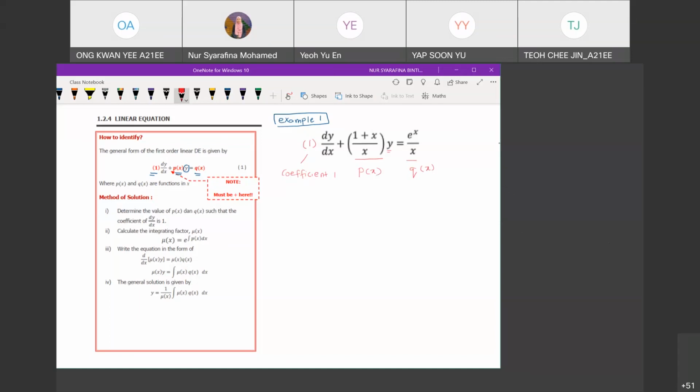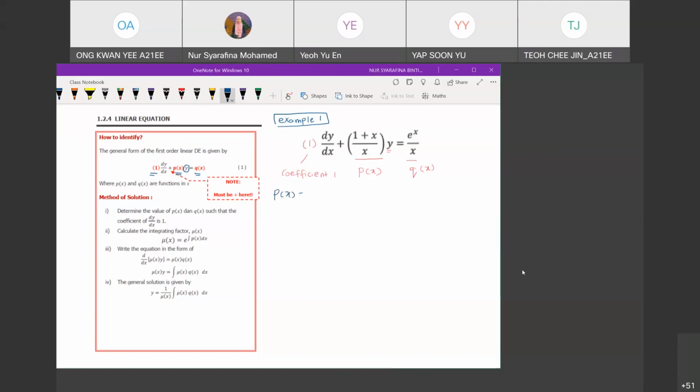So you can identify what your p and q are here, right? From the notes, determine P and Q there. You can just write them down as